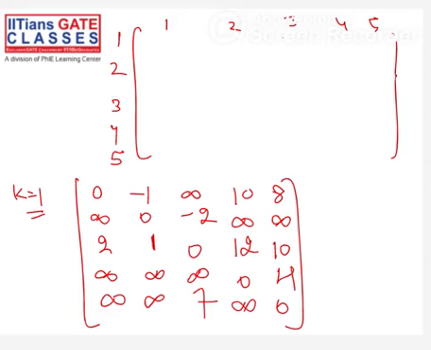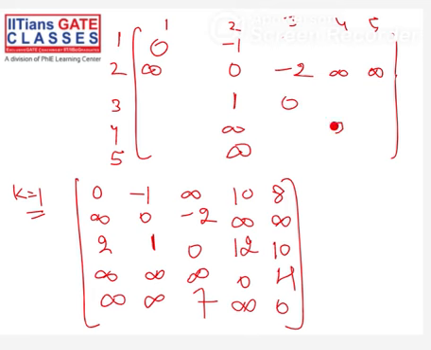Alright. So let's see the second one now. Both the columns stay as they are: 0, 1, minus 1, 0, 1, infinity, infinity, infinity. Then you have 0, minus 2, infinity, infinity. And the diagonal is all 0. Now this is k equal to 2. 1 to 3 is 1 to 2 and 2 to 3. So minus 3.